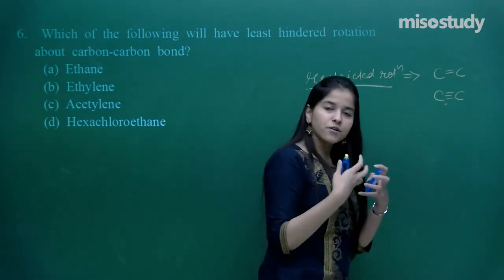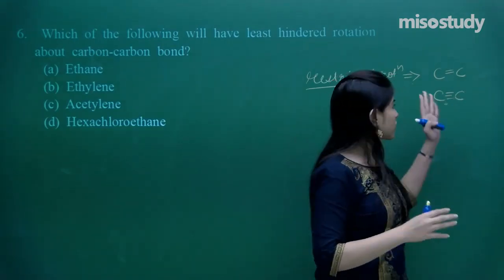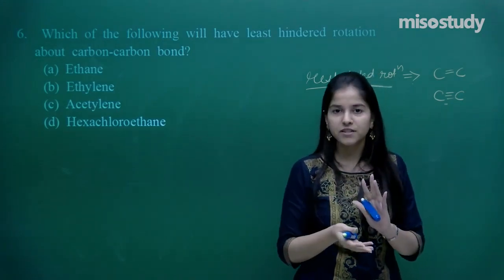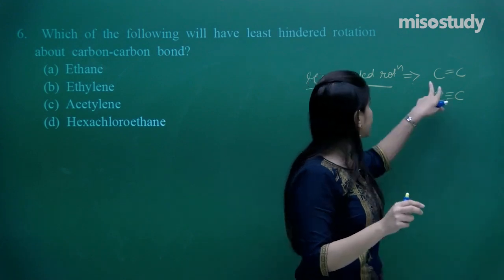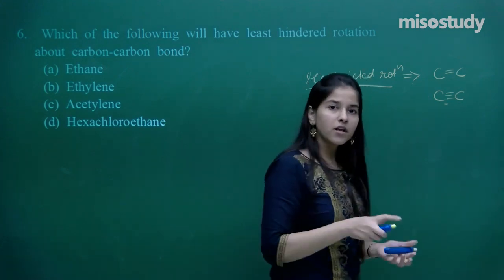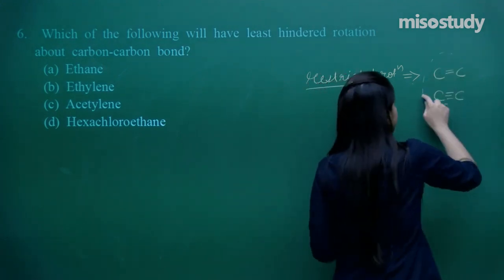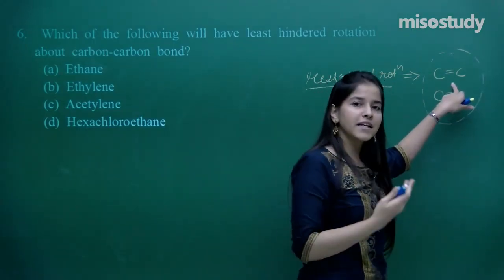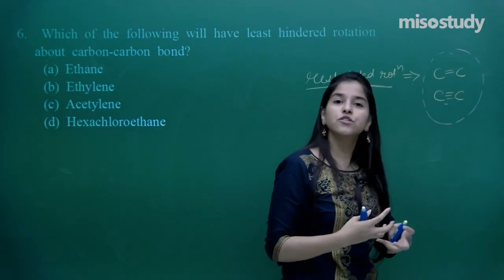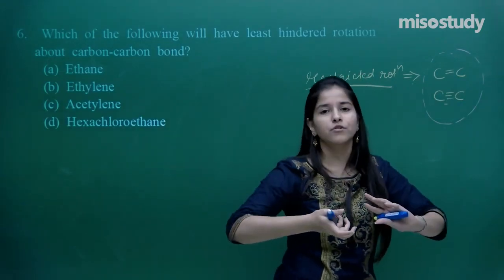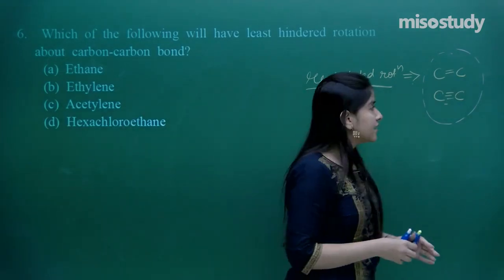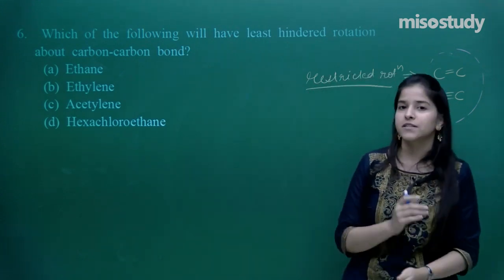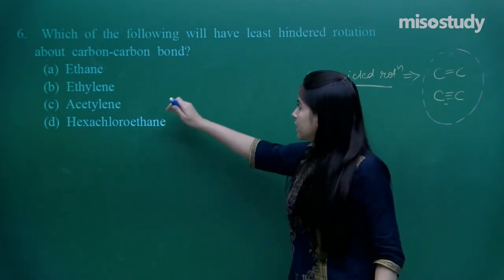All these bonds are very strong. They have got p orbitals lying perpendicular to each other, and that is what results in the hindered rotation. So we all have studied this, that the hindered rotation is always in double bonds, or we can have triple bonds. It would be a very strong bond and I cannot rotate the molecule because then the orbitals will break, the bonds will break. That is why it is known as restricted rotation.